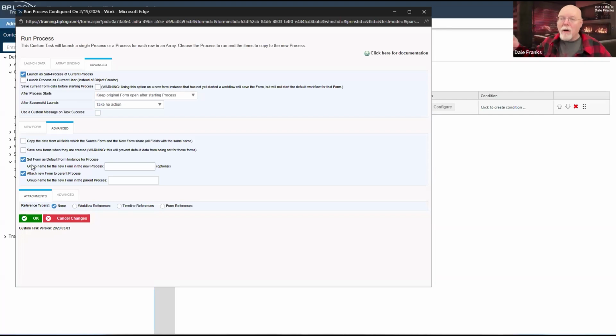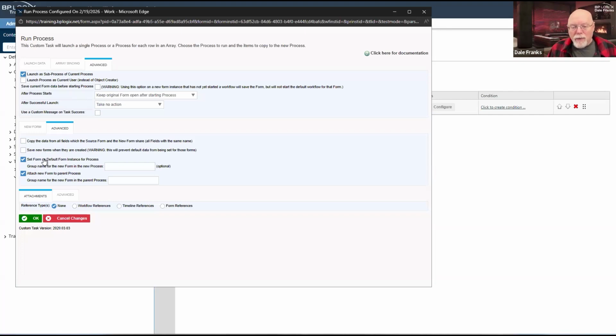It may not be part of the parent process. I may not need to track it as part of the parent process. So our first decision is, are we making this a sub-process or a child process? Our second decision is a little bit easier.